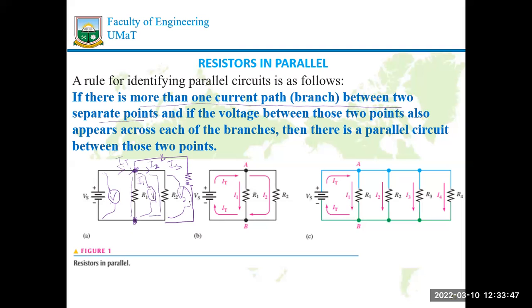If I'm looking at the 3 branches here, then there will be another current path here, telling me that if these current paths are all coming together at some point to give me the same current that I had splitting, then I can say 1, 2, and 3, they are in parallel between those 2 points, also appearing across each of the branches. Then there is a parallel circuit